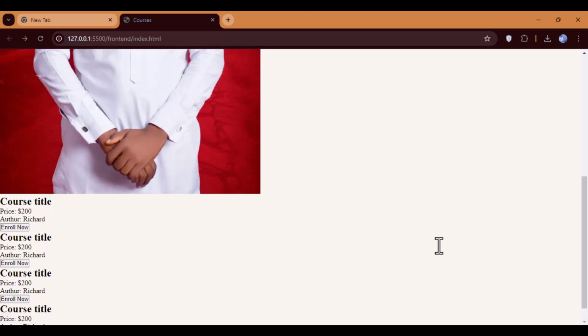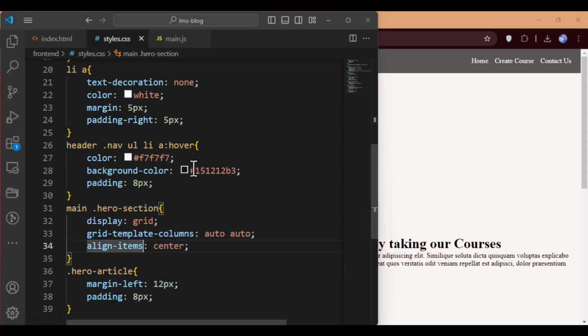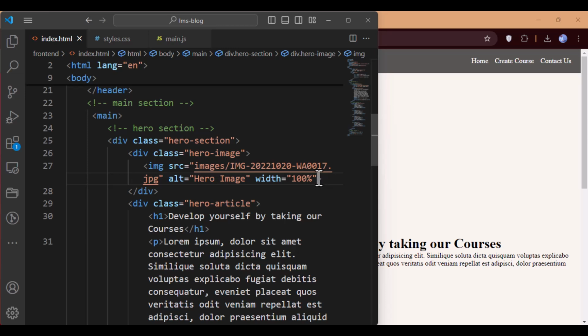So I think it has worked. So you can see, but I would also want to cut off the remaining part of this image just to shrink the height of the image. So I can simply shrink the height of this image, so what I will do is